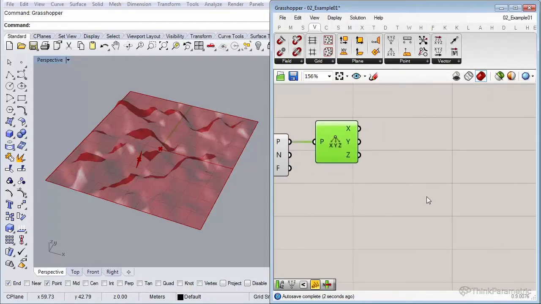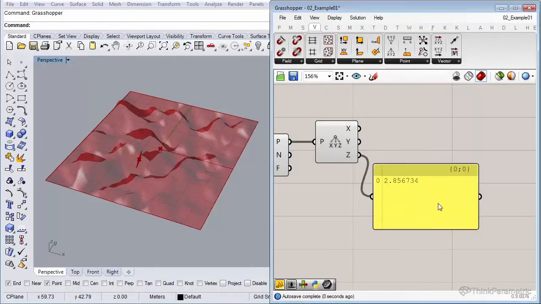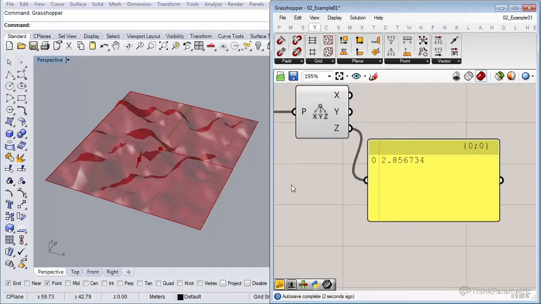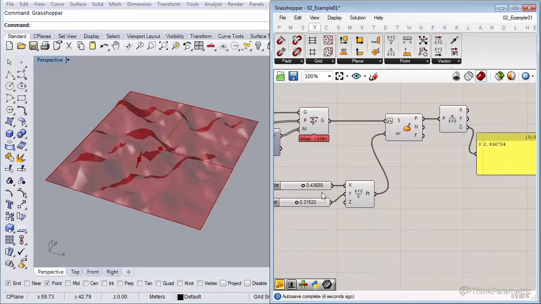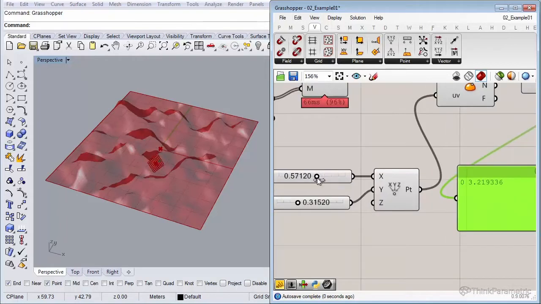Let me insert a panel so we can see that value a little bit better. Now this value is 2.8, and if I move the sliders a little bit, you see the value changing.